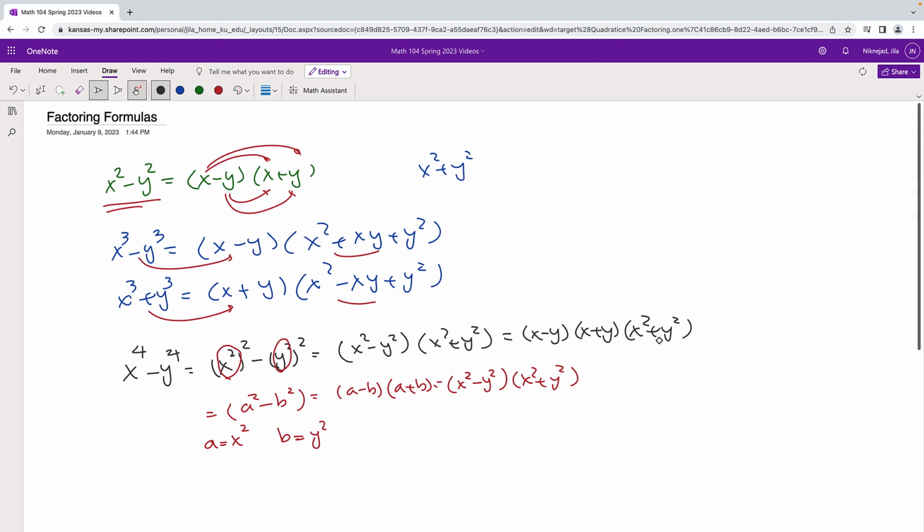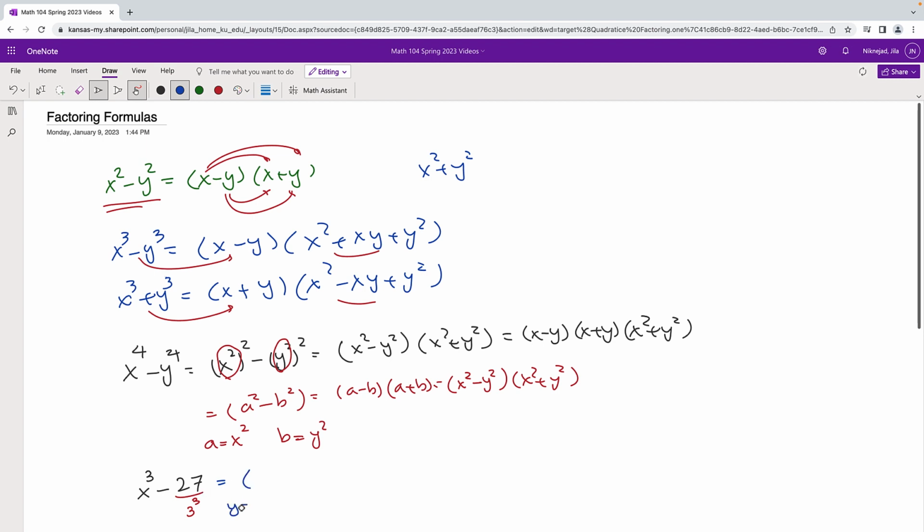And then all sorts of formats can happen. Let's say, what do I do if I have x cubed minus 27? Can I use the cubic form? Yes, because 27 can be written as the third root of 27. In this case, actually, it's an integer, and that would be 3 to power 3. So 27 is 3 to power 3. And so here I can use this and say